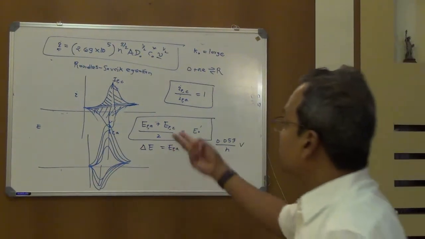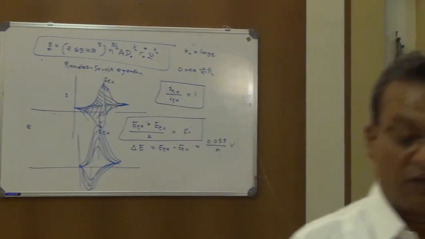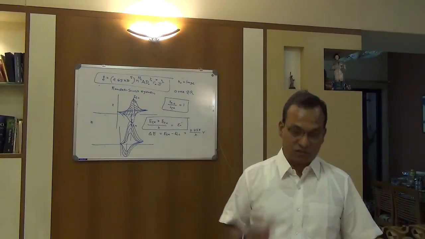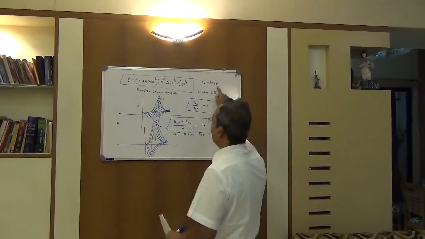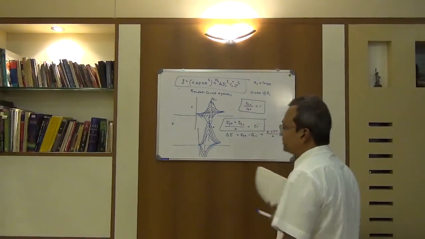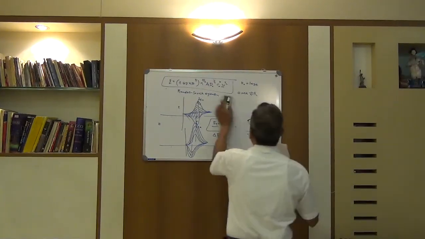So these two characteristics we can check for the system, whether it is a reversible one or not. Reversible, for our case, means each and every step follows the Nernst equation. That means my K0 is large. Let us see the application. Suppose this is a simple K3Fe(CN)6 going to K4Fe(CN)6 and the reverse. Suppose now I have another interesting system.